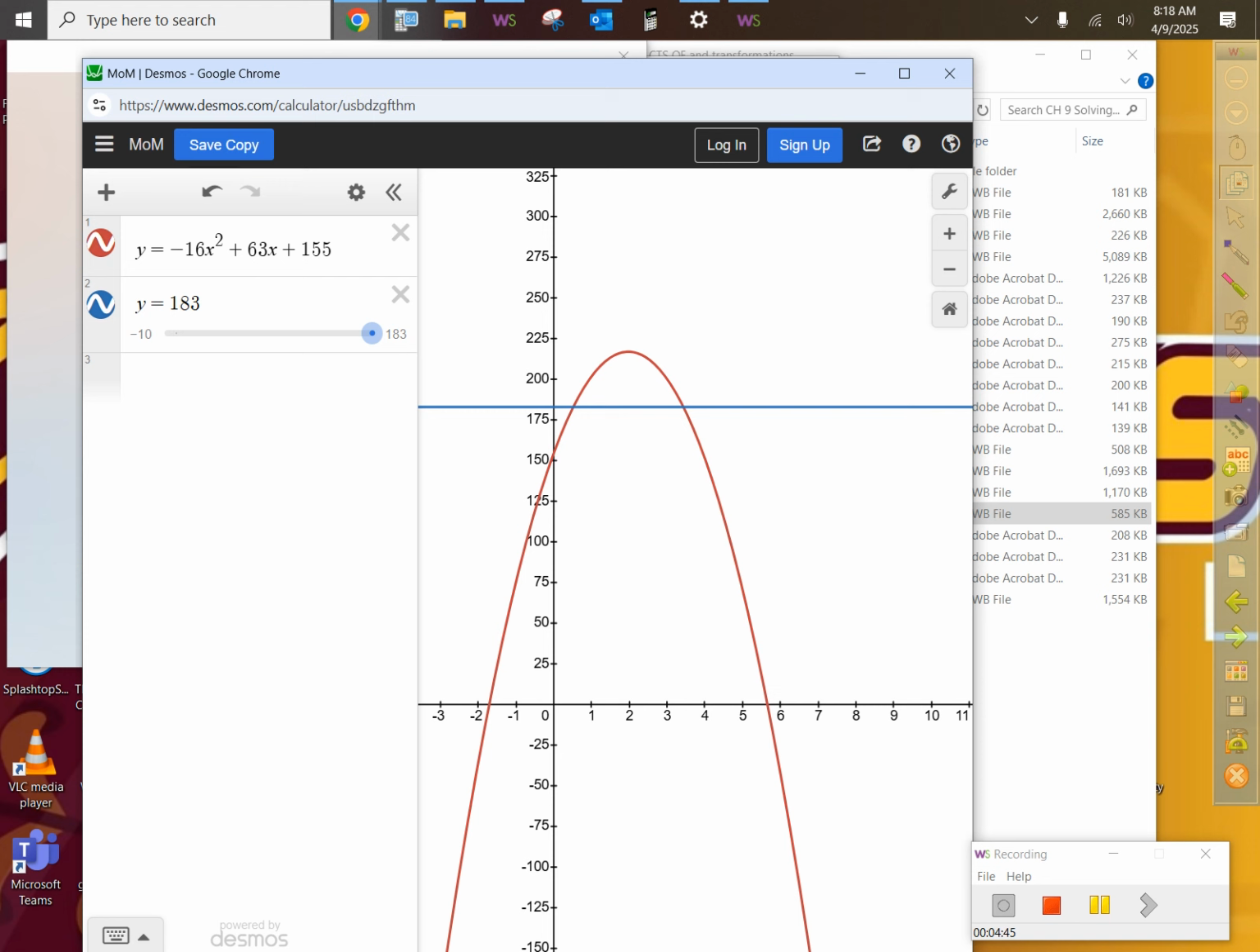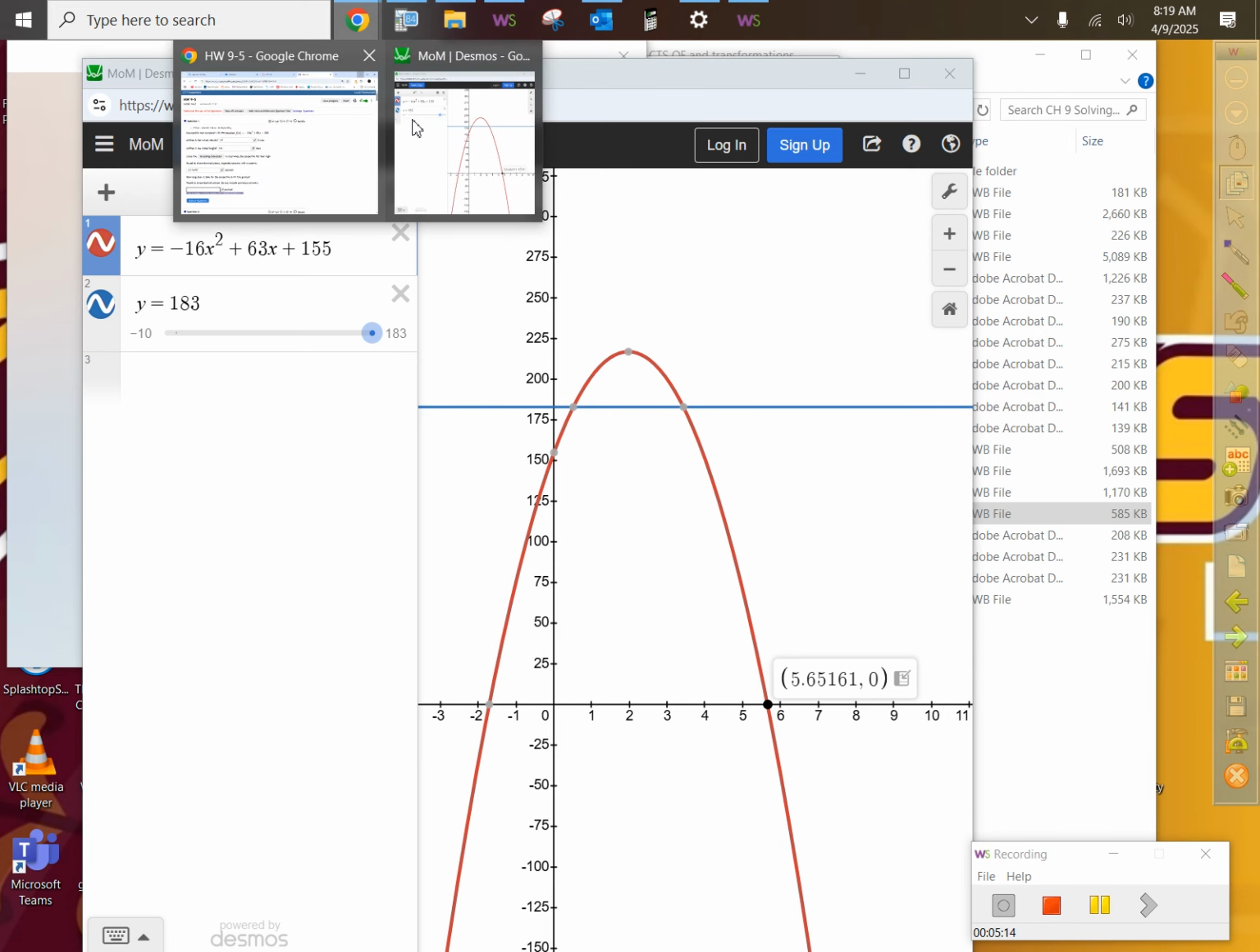Where did it hit the ground at? What do you think about right there? Isn't that where it hit the ground at? Click it. Does it tell you where it hit the ground at? How long did it take for that to hit the ground? 5.65. We want to go 3 decimal places, so 5.652